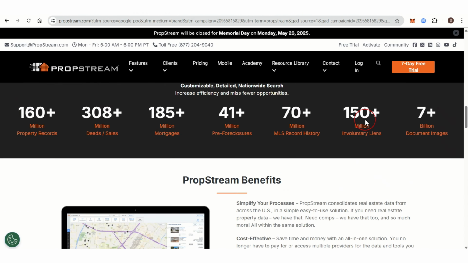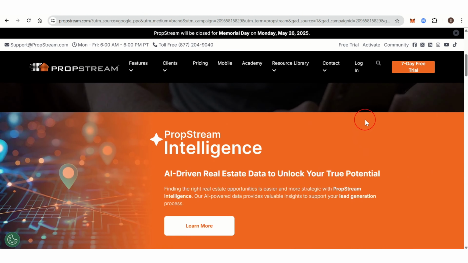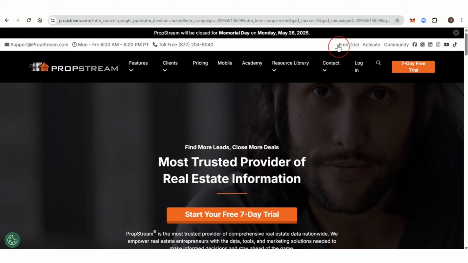Key features of PropStream: it accesses ownership details, mortgage history, tax information, MLS listings, and more. It utilizes over 165 filters to identify motivated leads, including pre-foreclosures, absentee owners, and properties with high foreclosure risk. AI-powered tools for property condition analysis, estimated wholesale values, and foreclosure risk scores. It has tools for skip tracing, direct mail campaigns, and lead list automation, and it is available on both iOS